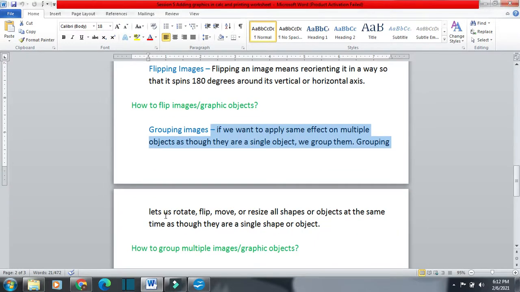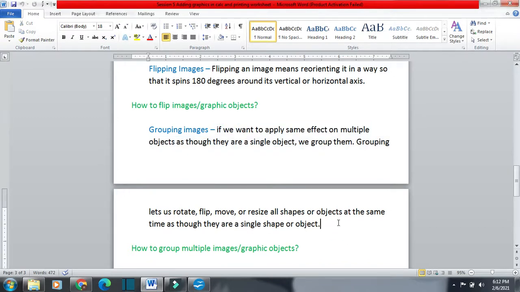Grouping lets us rotate them, flip them, move them, resize them, all the objects at the same time, because they are now connected. We have combined them. So now they will not act as two, they will act as one. So they will act as though they are a single shape or single object.